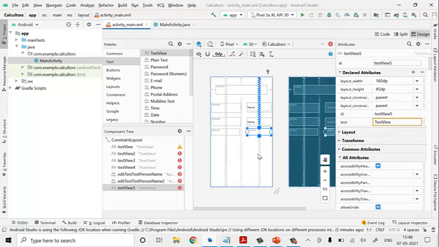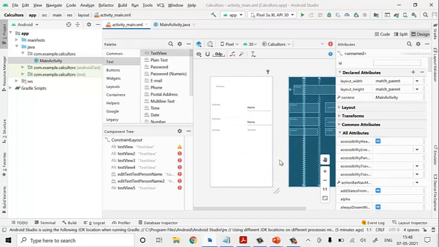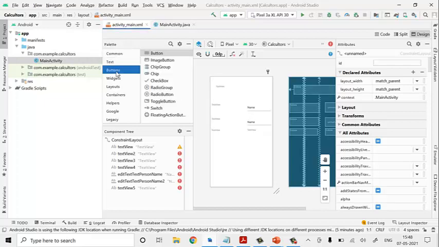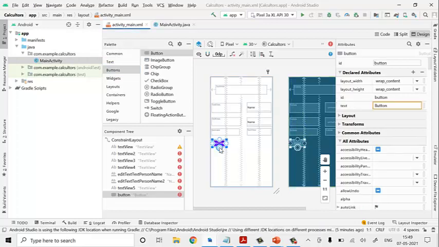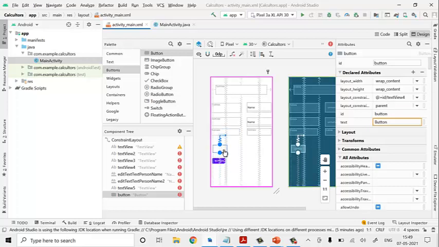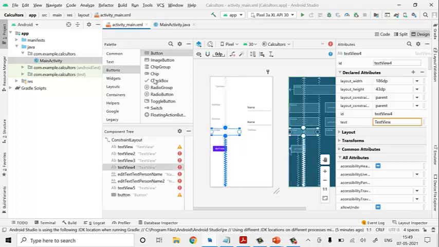Now place your cursor in the center box and adjust your text view box. Now it is adjusted. Now we require buttons. We have taken 5 text views and 2 text boxes. Now we require buttons. Go for buttons. Take that particular button, drag it and place it exactly where it is required. So you have to place your button here. Now take another button.